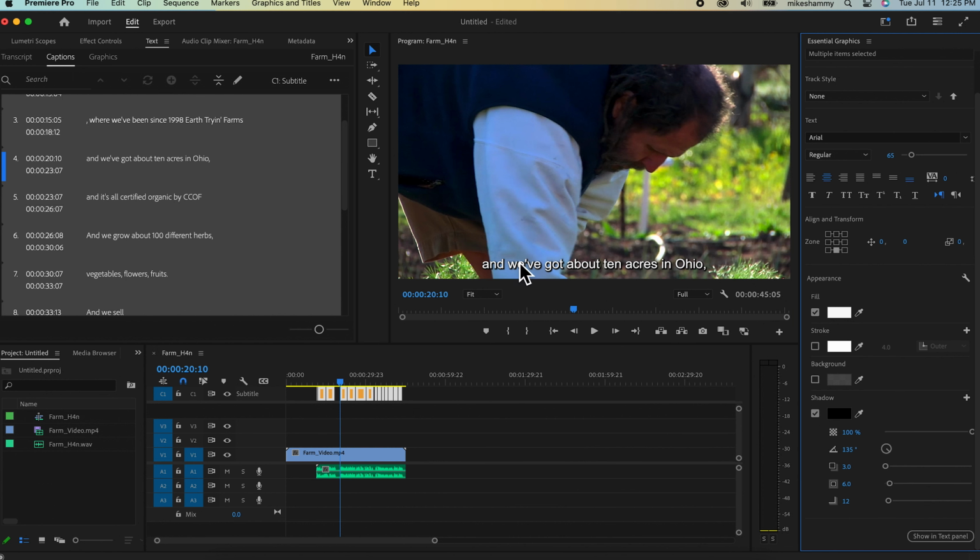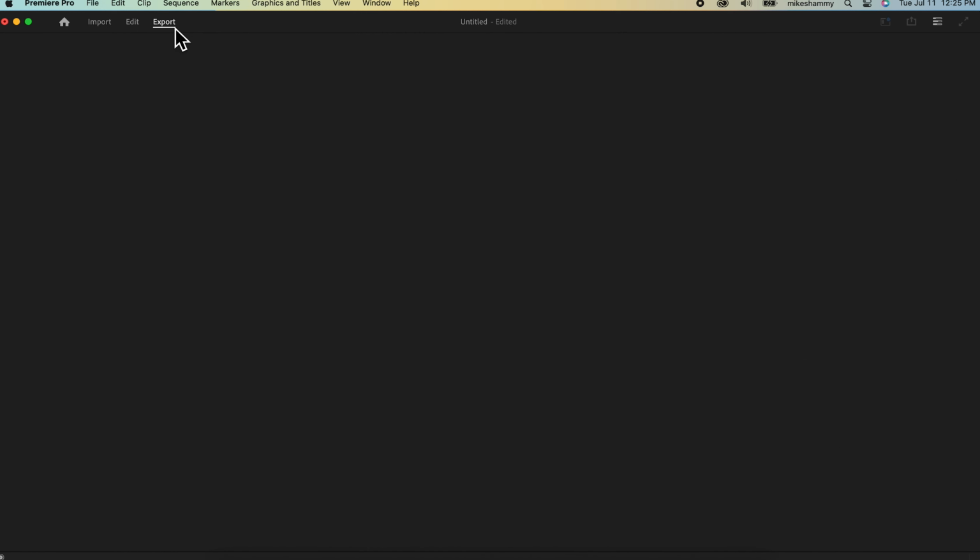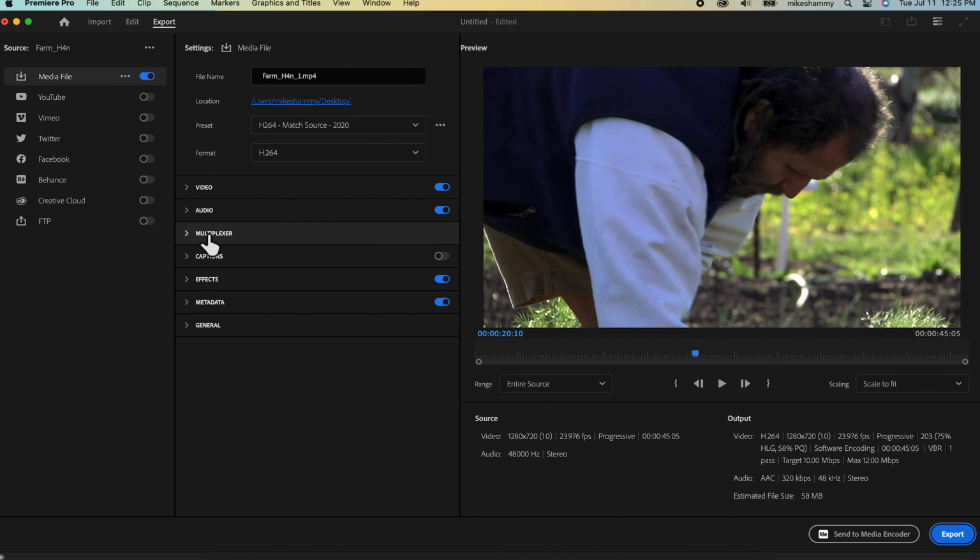And you can also add a background, which pushes a little bit of a background all around the text there, or the closed caption. So, okay, now what we're going to do is go on to export. We have a number of things here to check out under export. The first thing we notice is this closed captions one is not marked off, and it's very important to make sure that is clicked on,